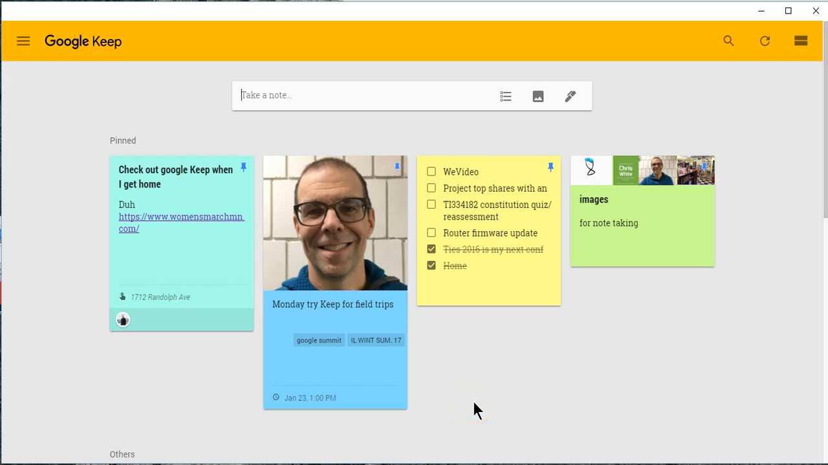Today we're going to take a look at Google Keep. It sort of falls somewhere between Evernote and Pinterest, neither of which I use, but I'm familiar enough with them, and I think it does a little better job. Let's take a look. To start the process, I just click up on the top and type